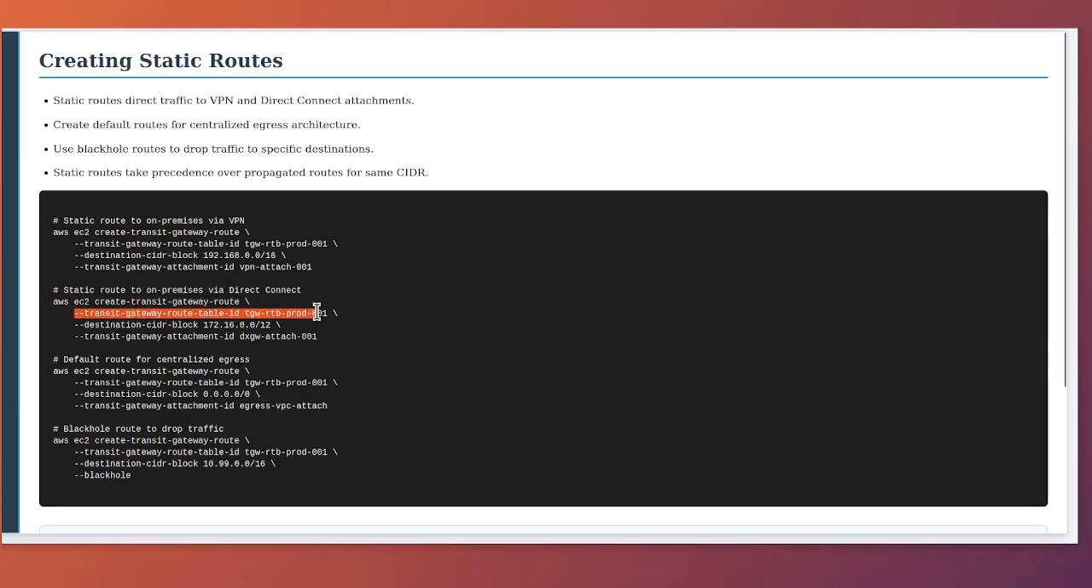to TGW-RTB-prod-001. The destination CIDR block is RFC 1918, which represents your on-premises network address space. The Transit Gateway Attachment ID is VPN-attach-001, pointing to the VPN attachment. After this command, any traffic in the production route table destined for RFC 1918 will be sent through the VPN